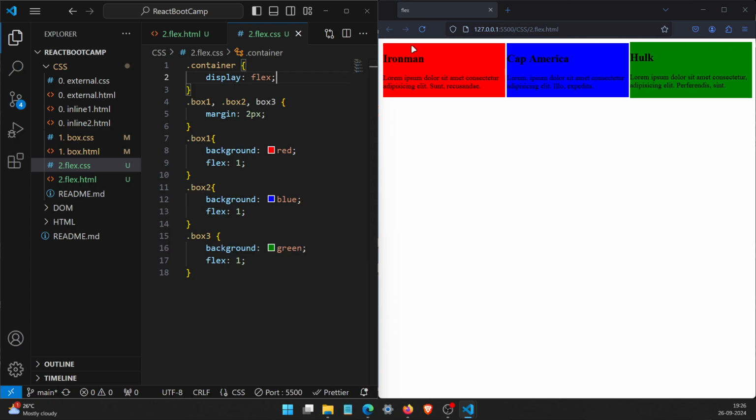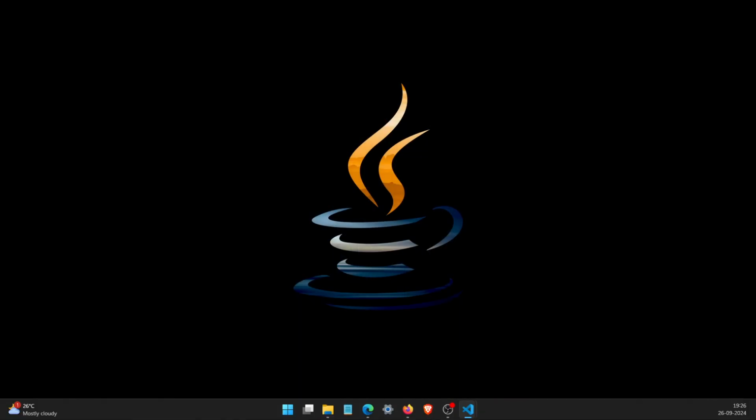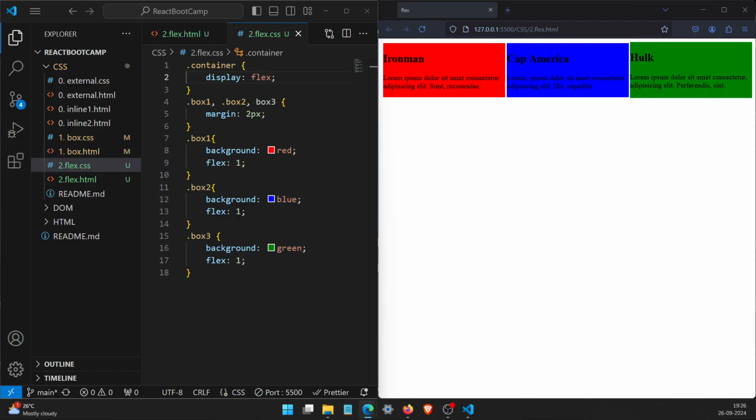Because these all three are in one container. So this entire thing is a container, okay? And inside this container, there are three boxes, but I want to affect only one, like there is one, two, and three, okay? I just want to affect these, not this entire big rectangle, which is containing these three boxes, okay? So